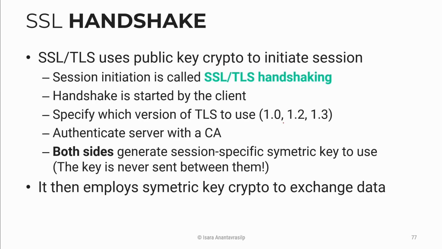The protocol that they use to exchange the parameters to generate a key is called Diffie-Hellman, or DH. Parameters are exchanged between client and server during the handshake, and once the key is generated on both sides, they can use symmetric key crypto, normally AES, to exchange data between them. AES works so fast they can transfer pretty much anything in real time: video calls, audio calls, instant messages, anything. And this is what we are using today: SSL and TLS.